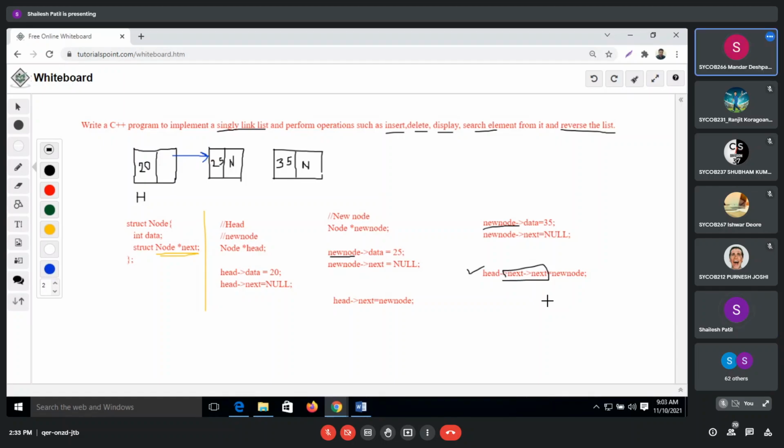Sir, address. Which address do we have to work with? The address of 35 in the 25 node. Yes, that is what I'm saying: how can we reach 25? That is the first thing. 35 is there, we already have 35 with us. But how can we reach 25? We have one head node in our hand. That head node is connected to 25. So now that 25 I have to connect to 35. So how do we move to node 25? That's my question.